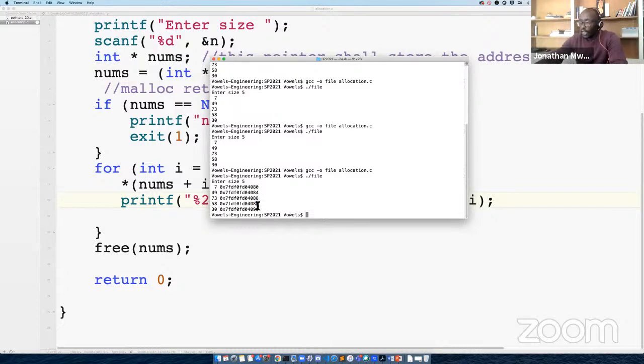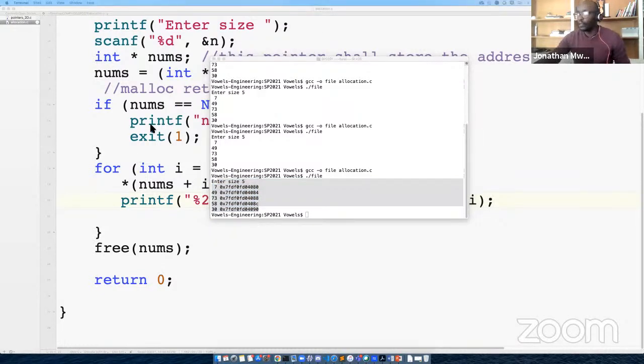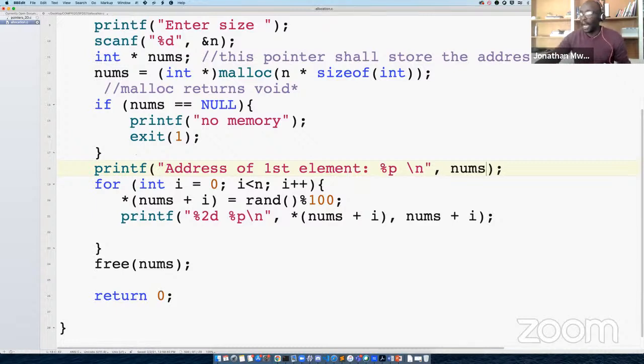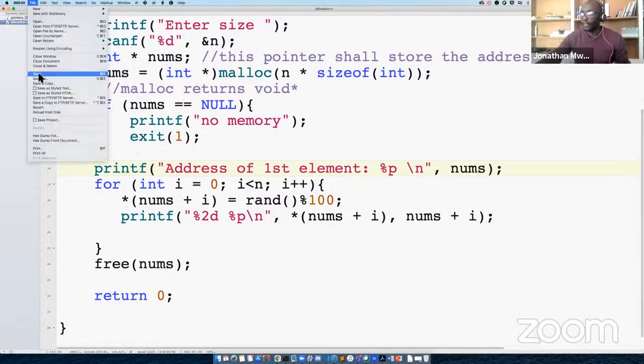Okay, and then we're able to go back and forth with it. You can see that? Is that all good? So let's actually print something here, which is going to be the address. printf, the first element. Again, remember this is sort of revision. By now, you should be able to know this, %p, address of first element, which we can know by just typing up the name of the array, which is names in this case.